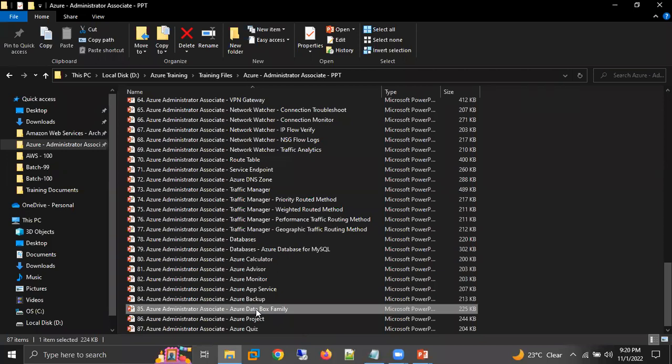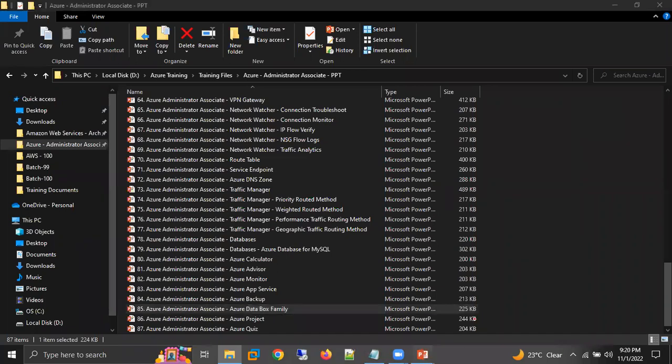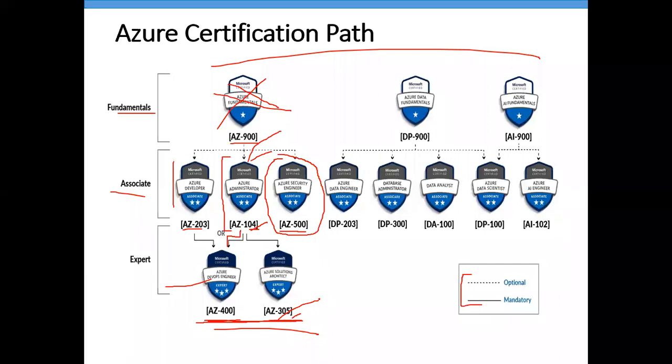With the Databox family, we get some devices from Azure, and with the help of these devices, we are going to migrate. There are some other services, but those come under expert level. So one service we have as per our course. Okay, thank you.